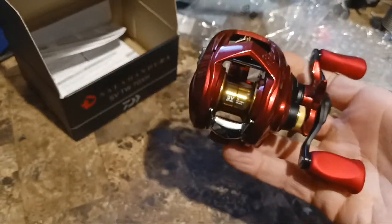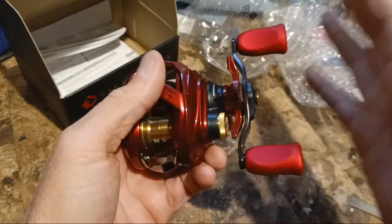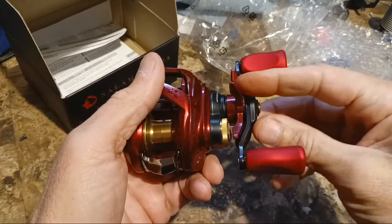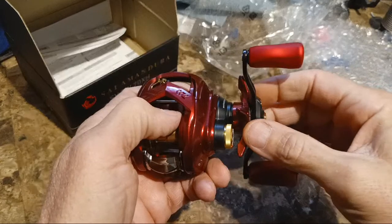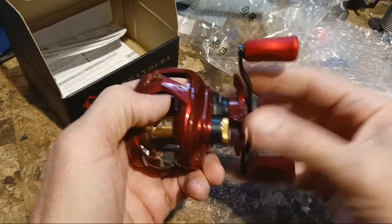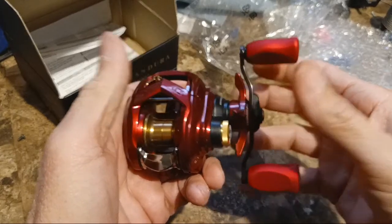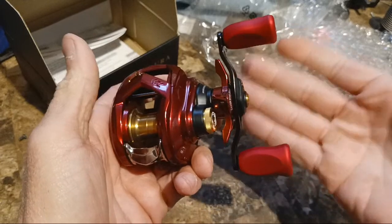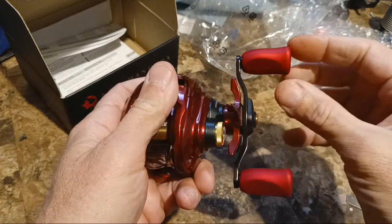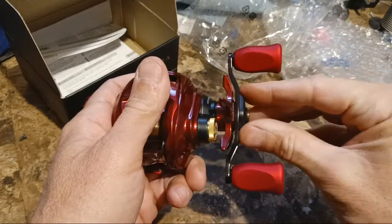And if you're like me, you go through different variants, so you can pull that stuff off and pop it right back on. Almost every drag star on AliExpress, and I'm going to put a video out showing you guys how to do that, if it'll fit on a Daiwa, you can get it to go on an Abu Garcia, or most of your reels. The handle assemblies are the same way. Most of the knobs will fit on Daiwa handles,